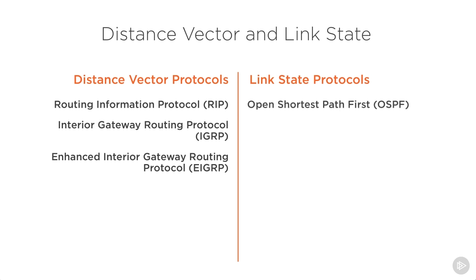Link state protocols, we have Open Shortest Path First, OSPF, and Intermediate System to Intermediate System, ISIS. Both of these protocols work very similarly. They're going to transfer information about the links. OSPF was designed specifically for IP and IPv6. Intermediate System to Intermediate System was really designed to not care about what protocol we use,